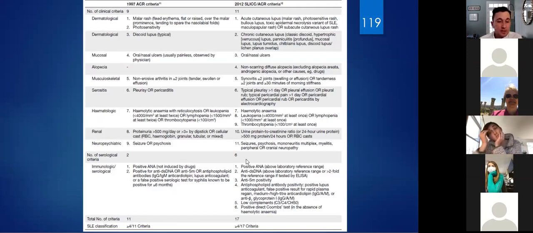Now, they don't necessarily break it down into clinical criteria and, well, they do break it down in how it's organized, but you could have 5 or 6 of these criteria, but not have the antibodies to back it up, and that would still potentially meet the criteria. Vice versa, you could have the antibodies without the clinical manifestations. And so diagnosis isn't always straightforward.